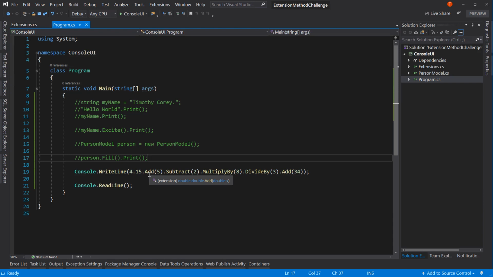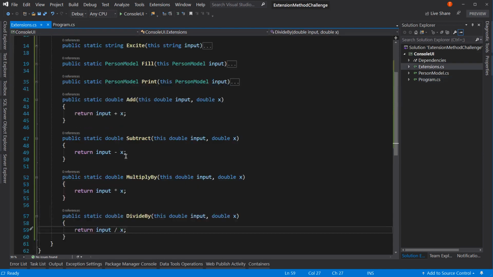So that's not very hard, right? Once you get extension methods and how they work, there's a couple things to think about. One is adding extra values. So in this case, we're passing in one value. Another is, what are you going to return? So for fill,